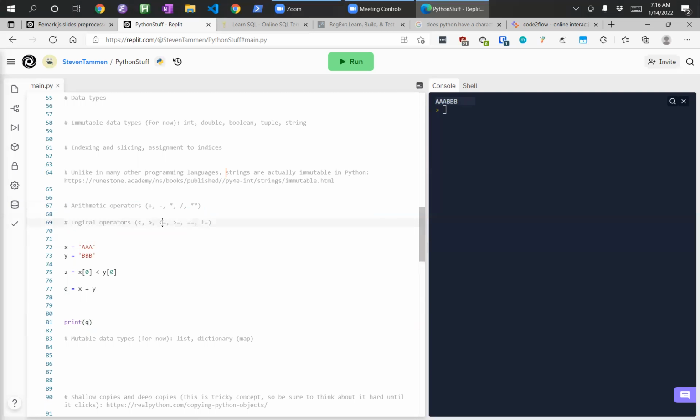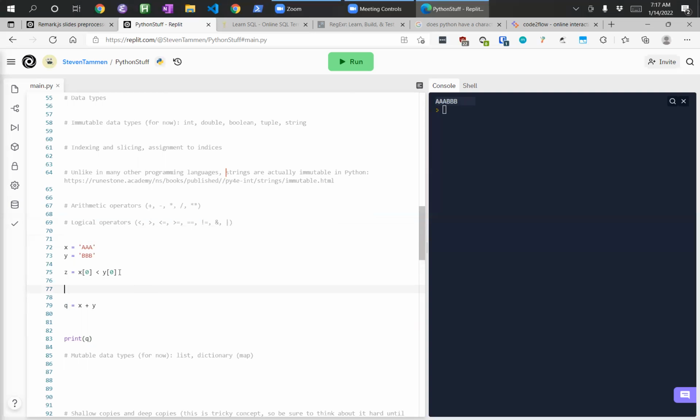Logical operators you will use a lot. Oh, and in fact, I actually missed some. Look at this. A lot of programming languages use these characters for and, or. I think Python might actually just be letters. So let's go back and do we have Z here,